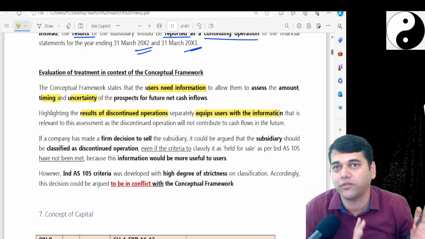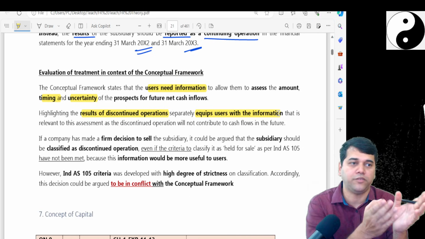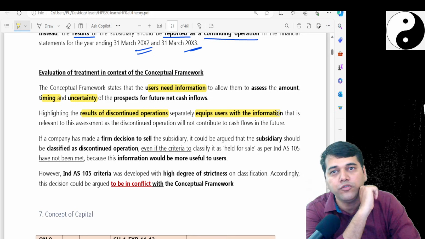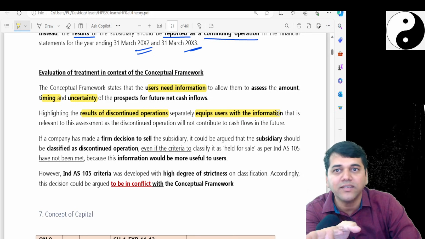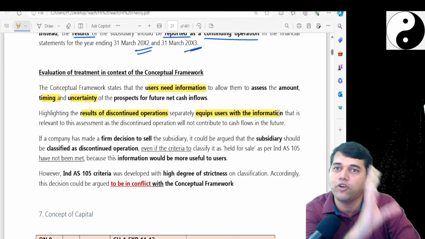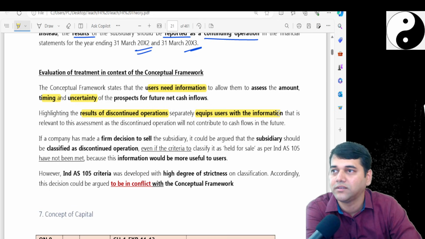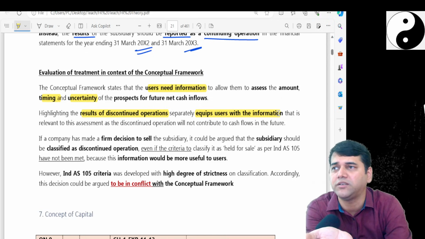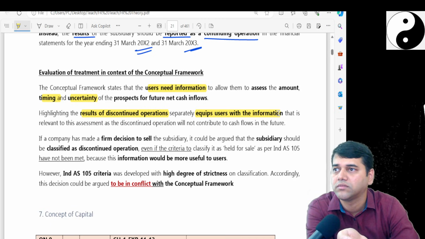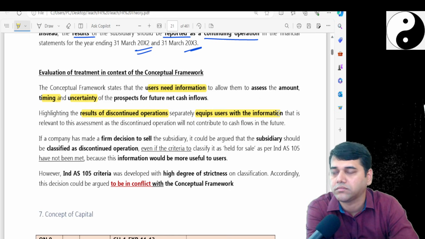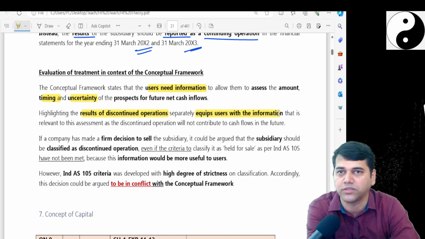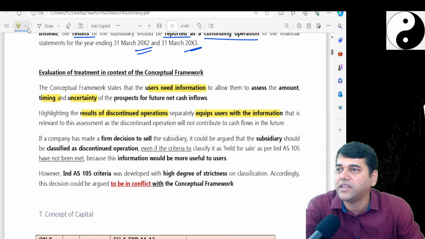Who is telling this? The conceptual framework. It says no, Baba. See, if you have abandoned it, you show it as abandoned. Otherwise, it is continued. I will assume it to be in active use. So your Ind AS says that Kanchenjunga is a continuing operation. Additional activities are there. You didn't actively participate, market it. With additional activity, you could have shown it as a discontinued operation, but you didn't do anything. Followed, no?